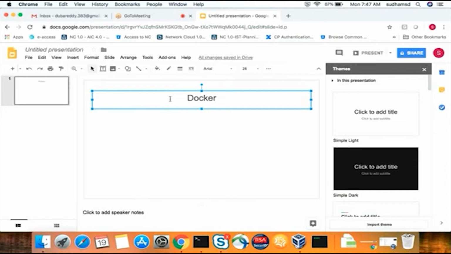But we will be looking into building our own customized images. Converting your container into an image, that is the first thing. Writing a Dockerfile in order to build our own images, that is the second part. And the third part is how to build our own registry. Instead of storing the images in Docker Hub, how I can build my own registry and store my images, that is private and secured, so that no one can access my registry.